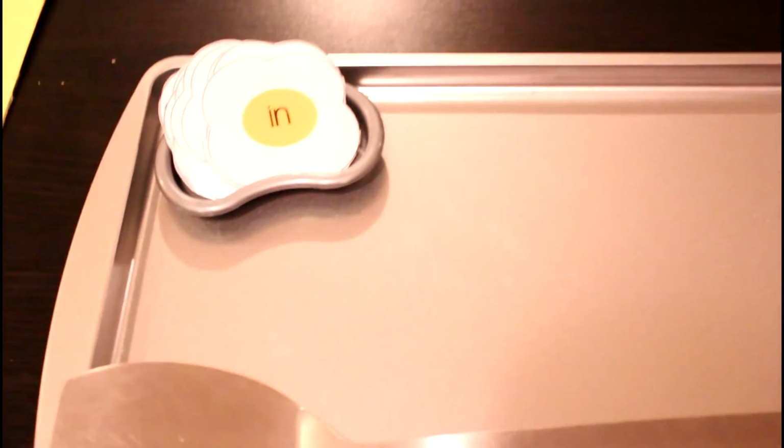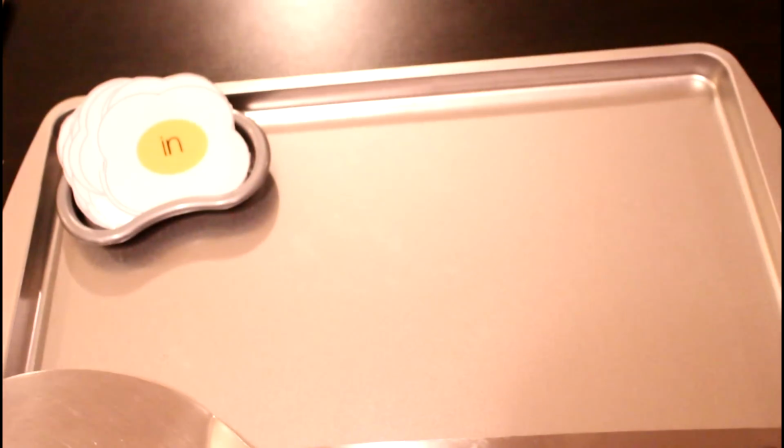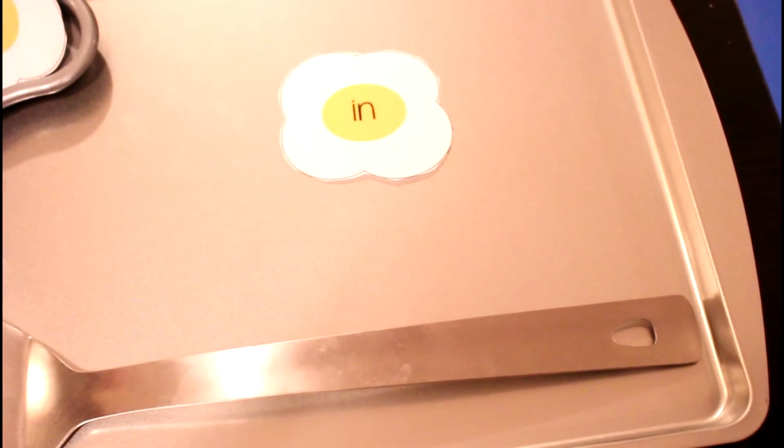So another activity that I found, which is really adorable, is the sight words egg flip game. Now, I need to go and get a lighter weight, this is not a spatula, I forget what it's called, but a lighter weight spatula flippy thingy, because this is kind of heavy for him. But what you do is you put out a few,